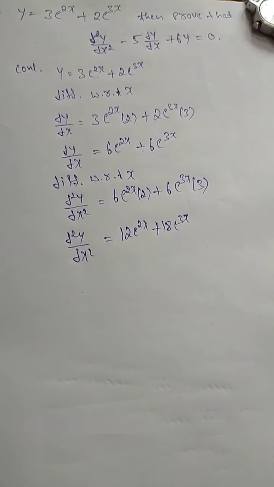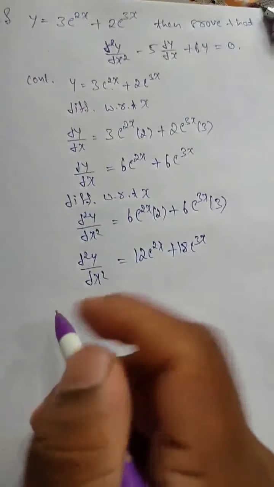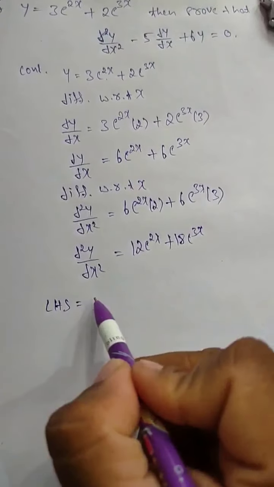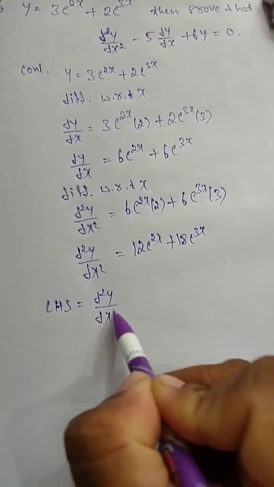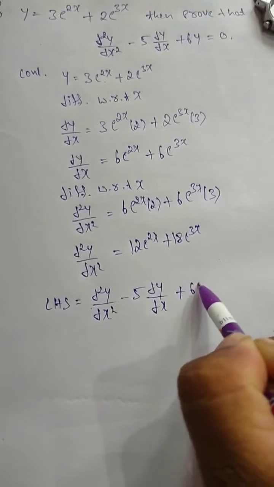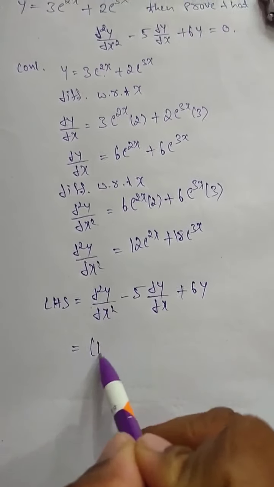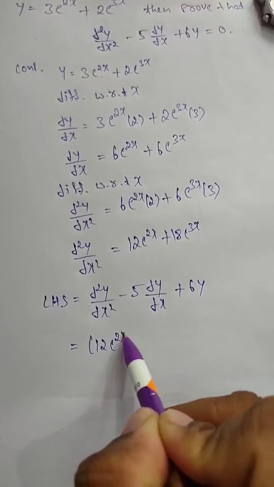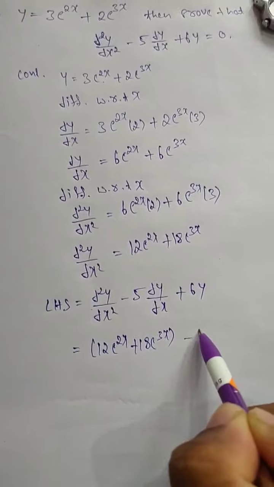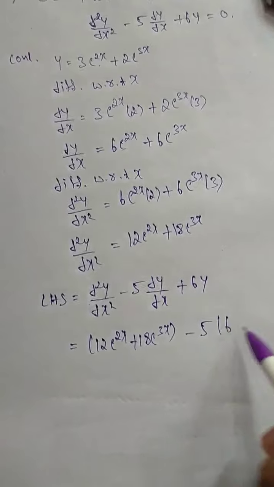Now after the differentiation, we will substitute this into the left hand side. Let me take the left hand side. LHS is equal to d square y by dx square minus 5 into dy by dx plus 6y. Now d square y by dx square is 12 e to the power of 2x plus 18 e to the power of 3x, minus 5 into dy by dx, which is 6